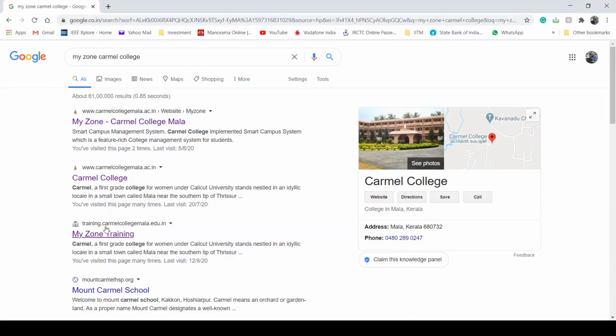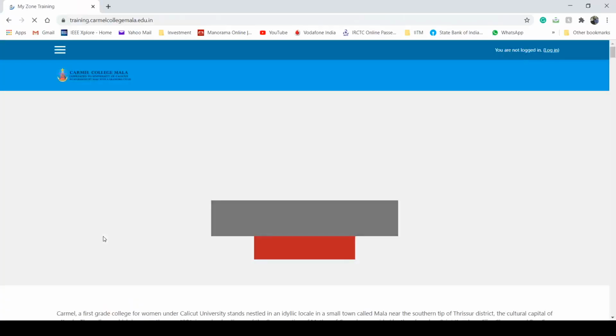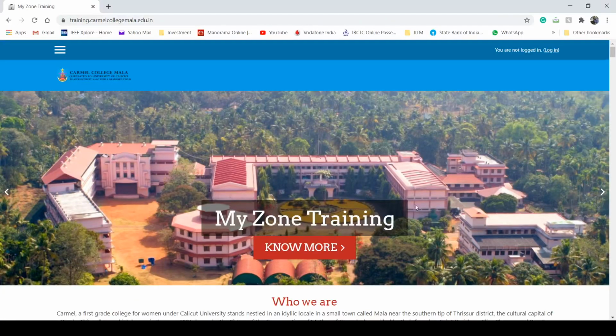Then in the third one, in my site, we can see the site training.carmelcollegemana.edu.in. Okay, when we click on this MyZone site, the front page is like this: MyZone training. On the right side, we can see the login space. So when we click on it,